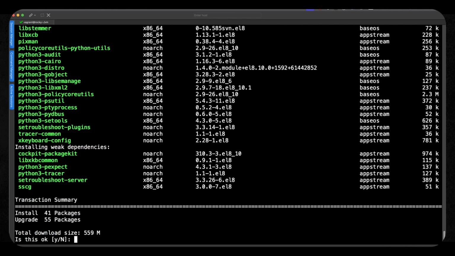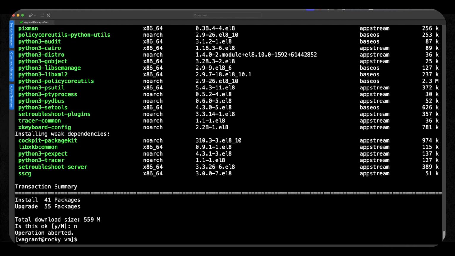So we're going online, searching those repositories, and we can see there are 41 new packages and 55 packages to be installed. So it's this type of thing that we want to stop. We only want them installed when they've been fully tested and built into our image. So for this, we can go through and say, no, we don't want to go ahead with the update.